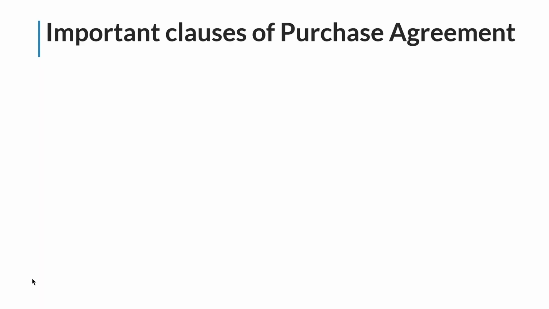This takes us to the next question, important clauses of a purchase agreement. It will contain whatever was written in your letter of intent in much more elaborated form. Broadly the headings remain the same, but it will be much more detailed and precise in nature. So who exactly is the buyer and seller, price per share in case of public companies and lump sum price